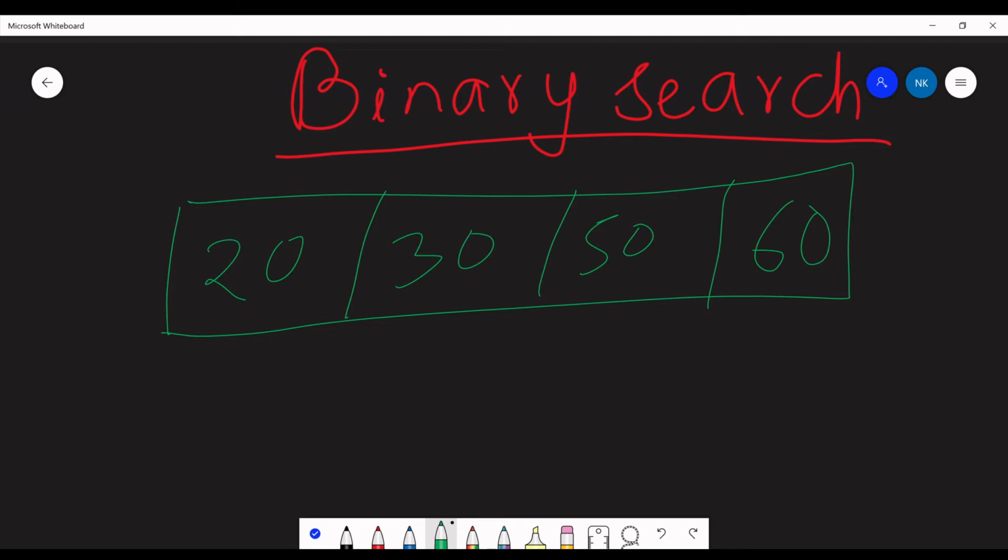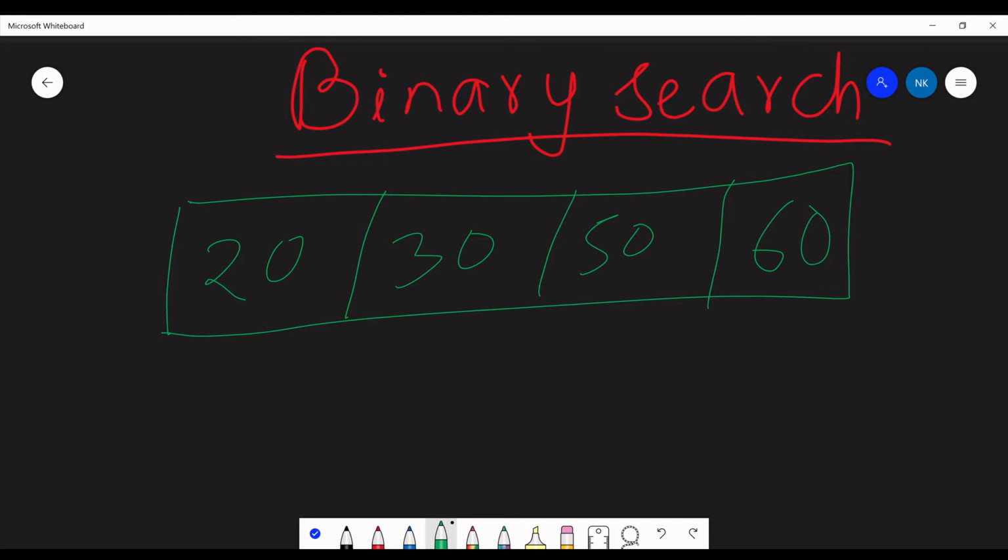For binary search, we should take a sorted array. You should understand this: without a sorted array you cannot do binary search. Why? Because the algorithm that we use in binary search requires a sorted array only.